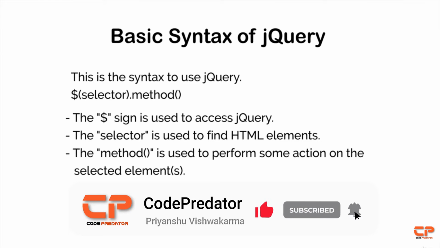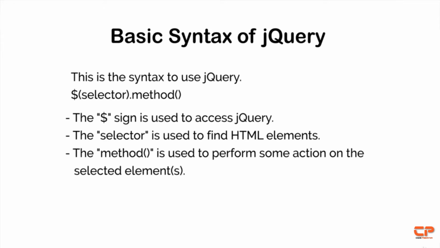Before we get into selectors and filters, let's first understand the basic syntax of jQuery. As you can see on the screen, this is the syntax to use jQuery. The $ sign is used to access jQuery. Selector is used to find HTML elements, and in jQuery, selectors are like CSS selectors. We will talk more about it very soon. The method is used to perform some action on the selected element or elements, because the selector might select one